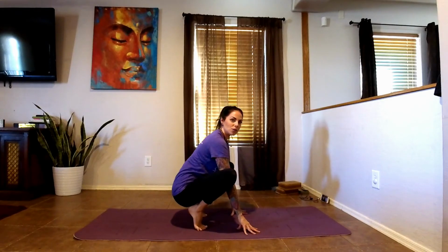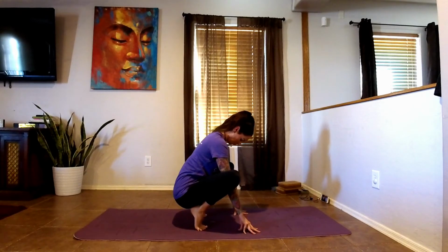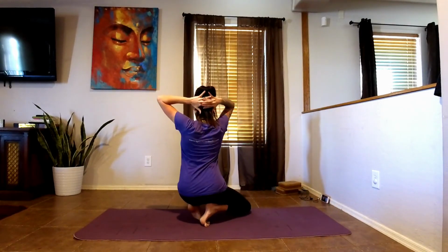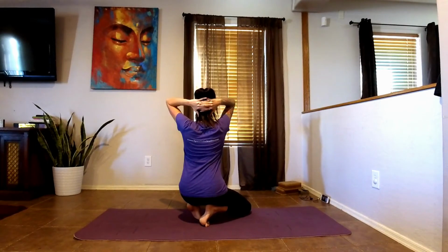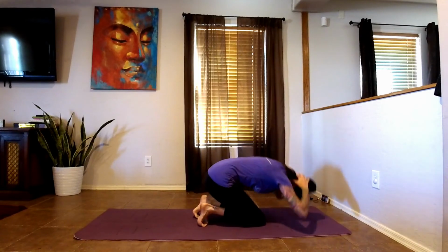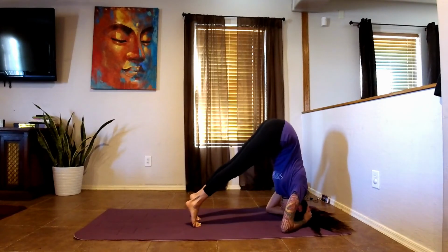Okay, and then I'll also show the traditional Ashtanga variation of a headstand, which is going to be we're going to interlace the fingers behind the head. So it'll look like this, and then you're going to release the pinkies, one on top of the other, and then keep the thumbs here. So the pinkies actually are going to be down, that whole side of your hand is going to be down on the ground as you bring the elbows in, again creating a little bit of a tripod effect, and then just press your way up,